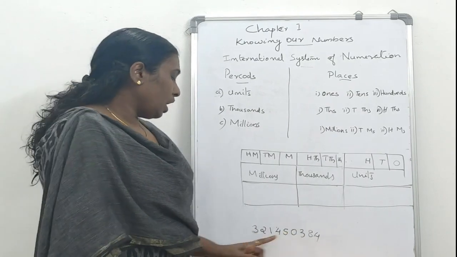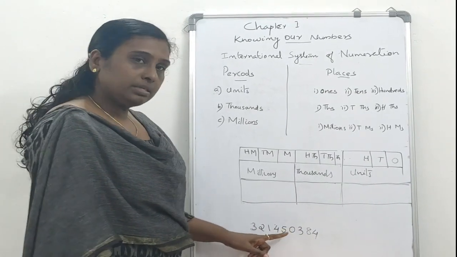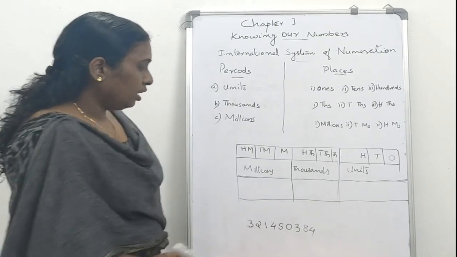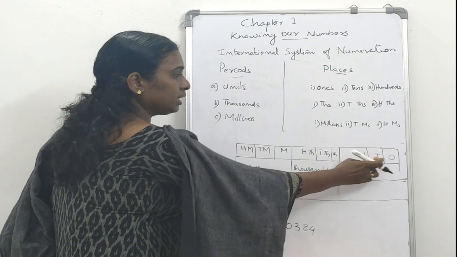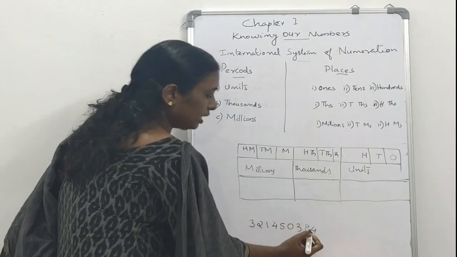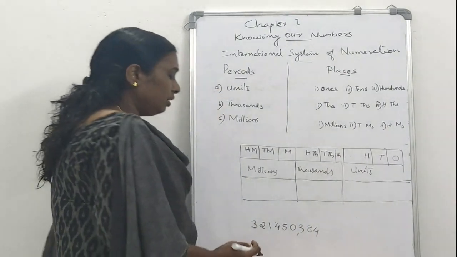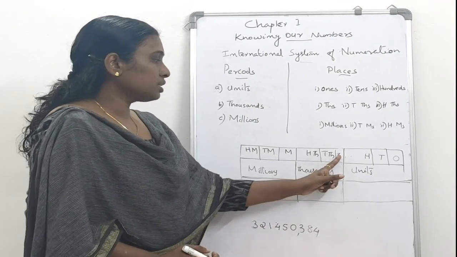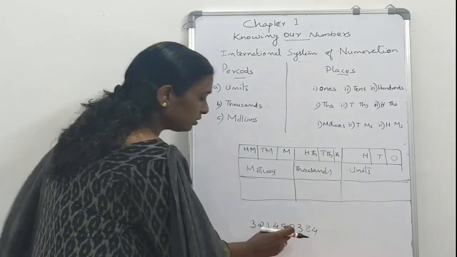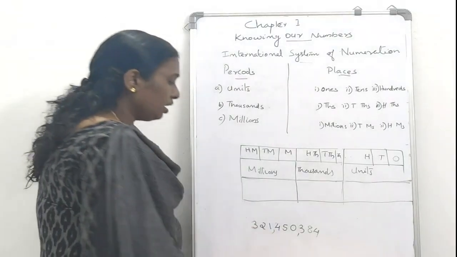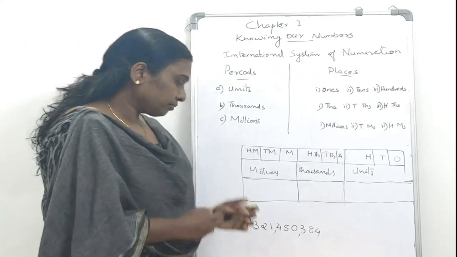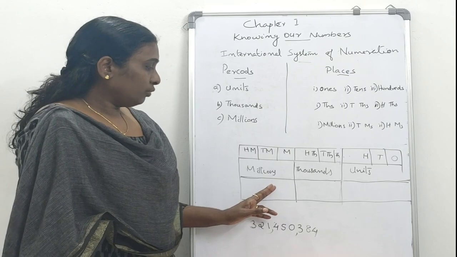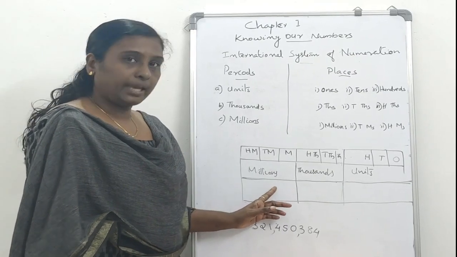So, first, how can we place commas in this number according to the international system of numeration? First comma comes after three places: ones, tens, hundreds, three places. Next comma comes three digits later: thousands, 10,000s, 100,000s. Three digits later. How can we read this number? We can read the digits in each period followed by the period's name.